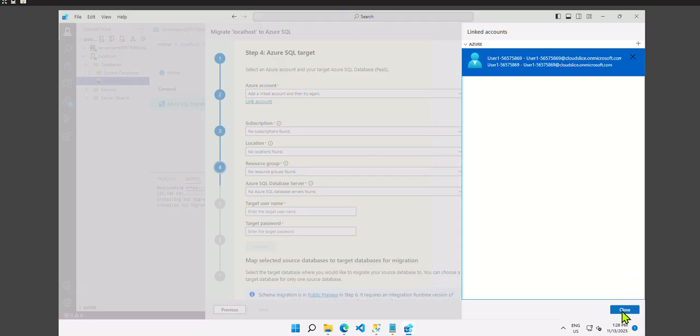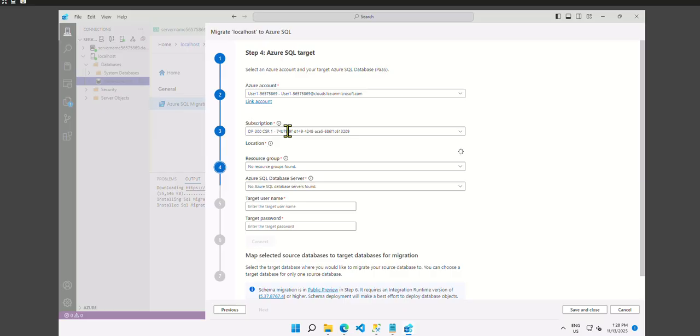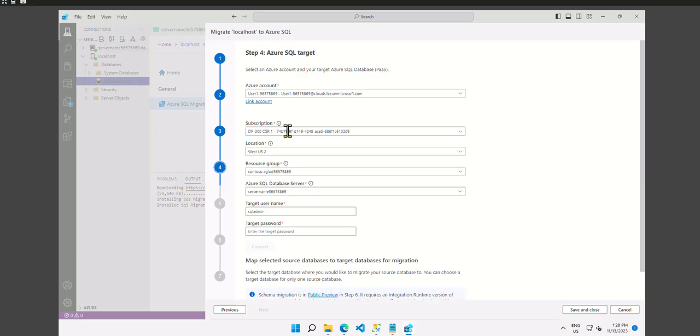And add it. It selects the subscriptions. Now it gives a default value. It selects the one that is present, the location, the resource group, the server name. You can see that all the values are populated. We need to add the password